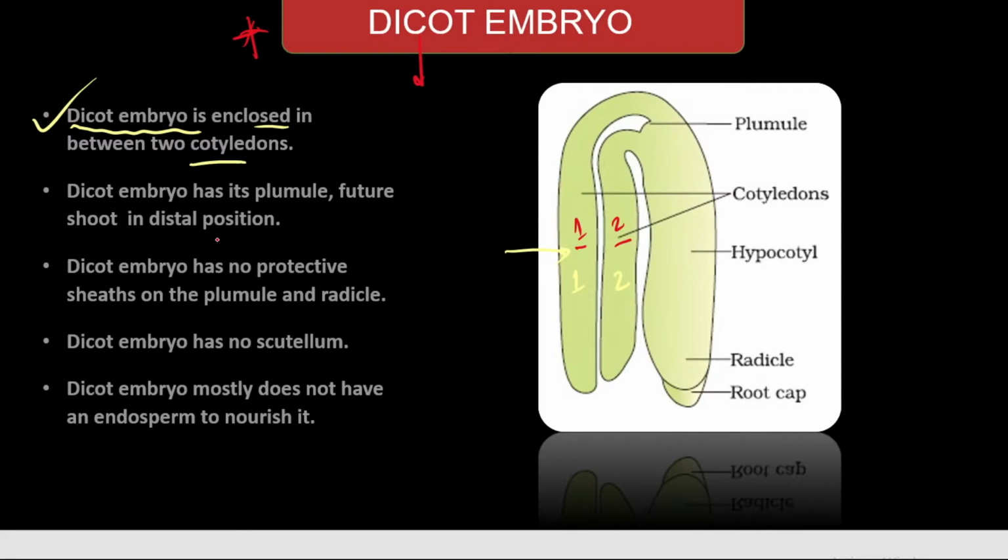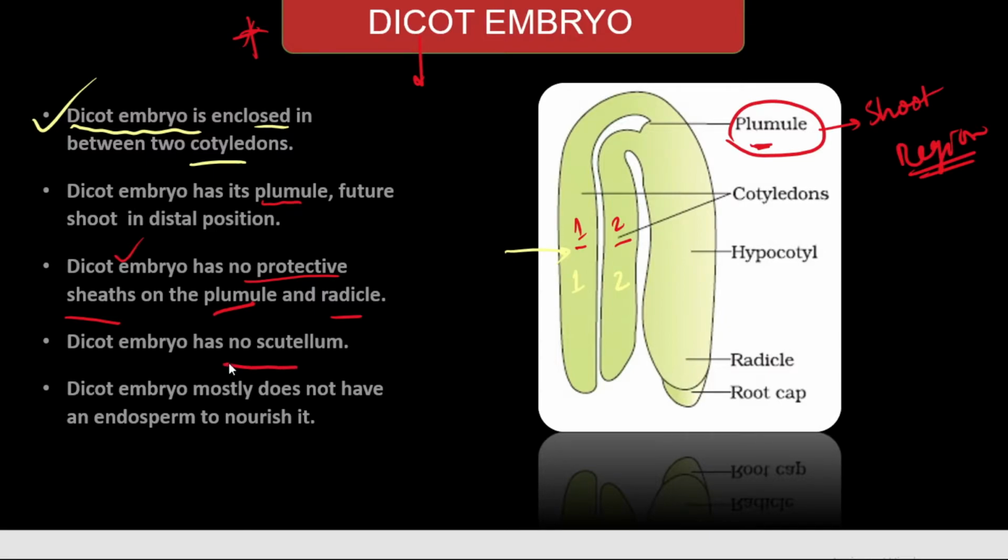Apart from that, this dicot embryo has a plumule, and this plumule is what we call the shoot region. What it doesn't have is a protective sheath. The dicot embryo doesn't have any protective sheath that protects the plumule and radicle. In simple terms, the plumule and radicle lack a protective sheath, and